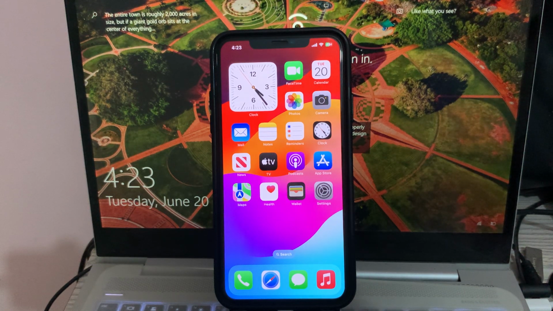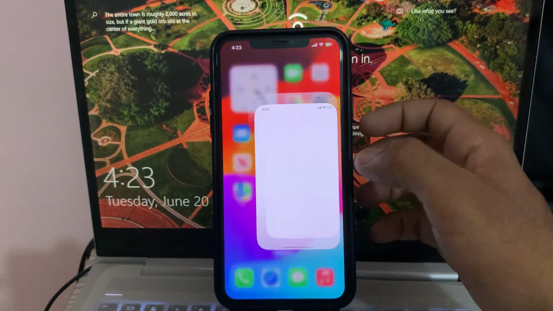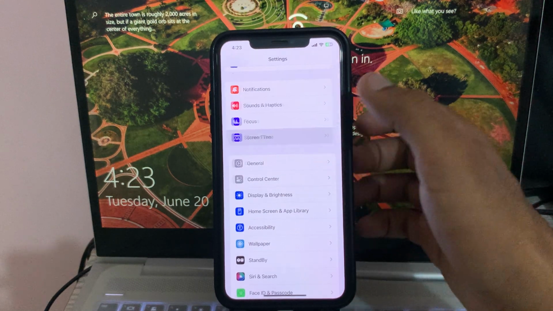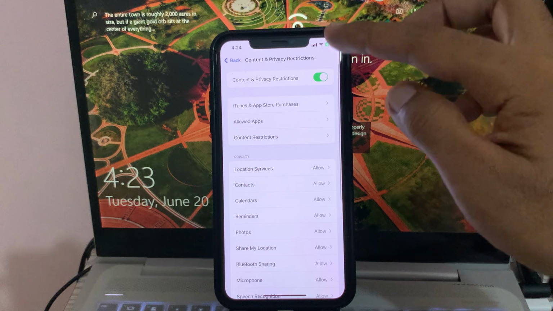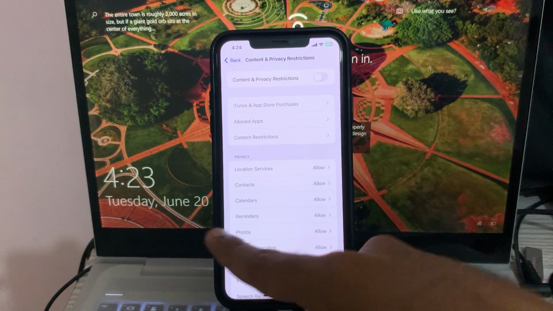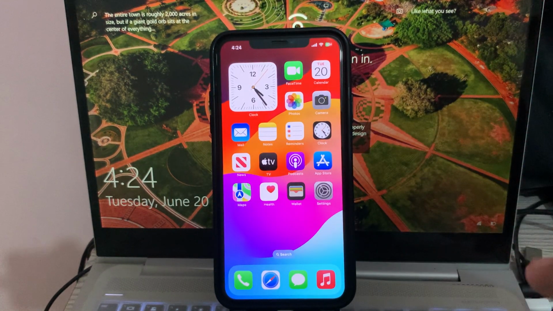disable restrictions and VPNs. For this, go to settings, tap on screen time, scroll down, tap on content and privacy restrictions, tap to turn these restrictions off. And then after this, the next and the last solution is reset